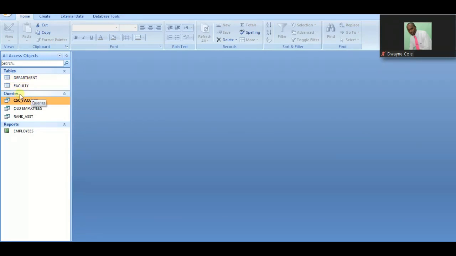Below, you see we have the next heading, queries. You see we have CSC faculty, that is one query. We have old employees, that is one query. We have rank assistant, assist for assistant, SST for assistant right there. That is another query. So in this database so far we have 1, 2, 3 queries,